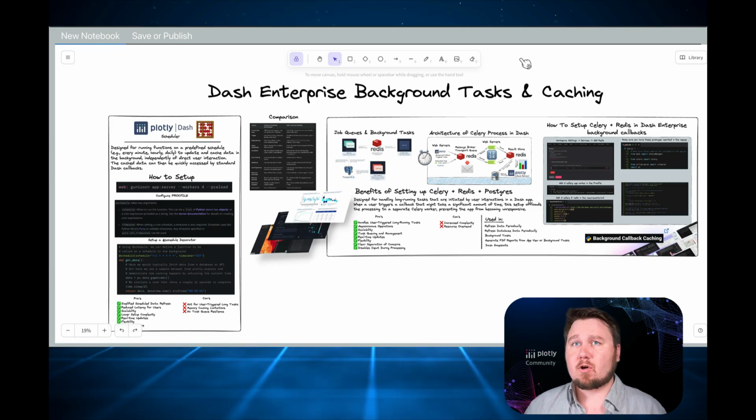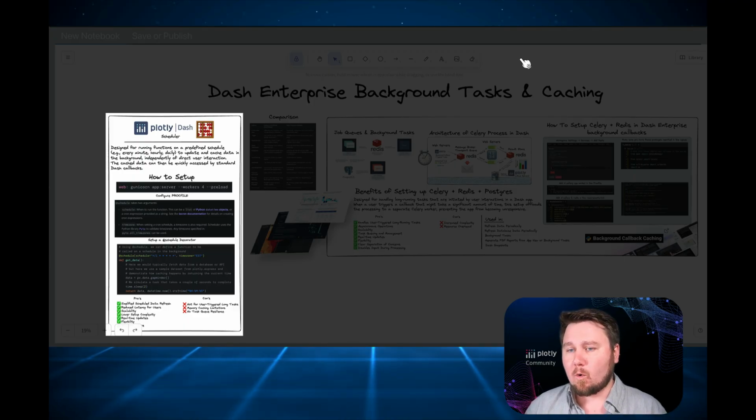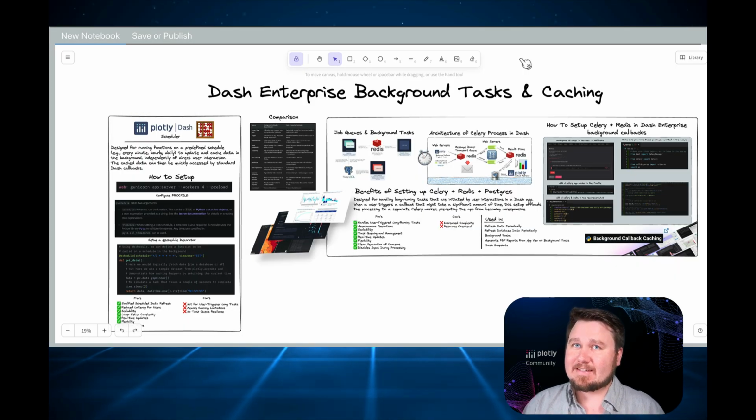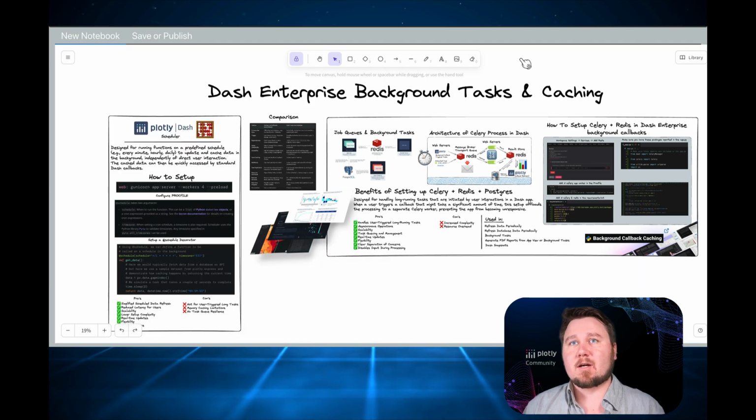So with that, there are two approaches. There's the Dash Enterprise Scheduler, or alternatively, you can use a system that is set up with Redis, with Celery, and you can extend it to also include a Postgres database so that you can store the data indefinitely. So, with that, let's talk about the pros and cons and explore each of these different